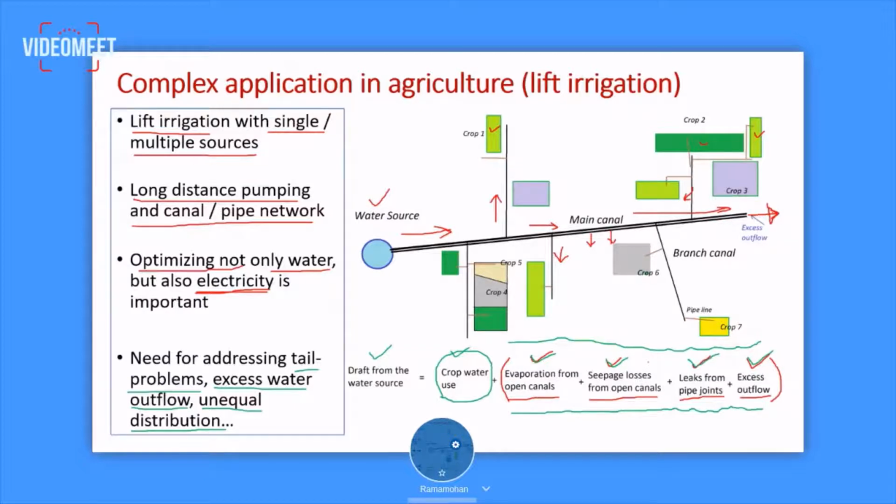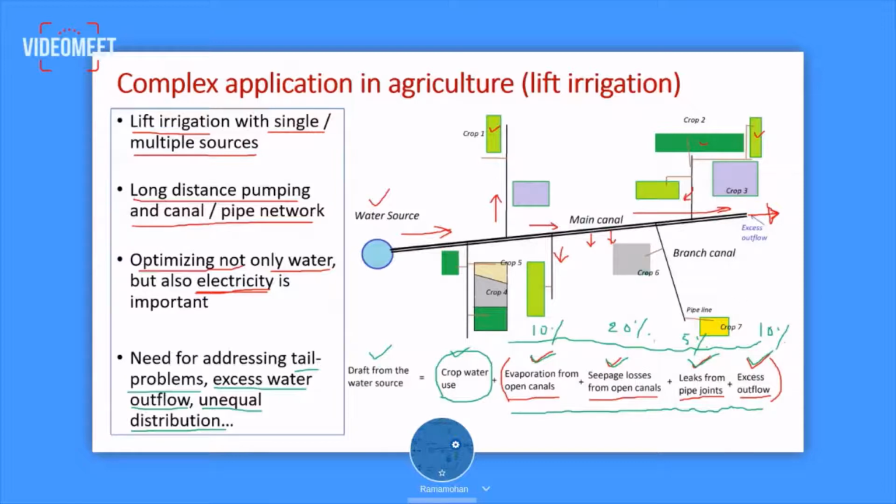See, in typical lift irrigation scenarios, you may experience a lot of seepage losses, if the canal is passing through very porous material, sandy soils, and it is not lined properly, with no cement lining or stone lining given to these main canals or branch canals. So, for example, this could be around 20% of the total loss, whereas the contribution of evaporation could be around 10%. And then if you find there is also some 10% of loss because of excess outflows, and some 5% is the contribution of loss by leakages, loose pipe joints and situations like that. So in such a situation, we can prioritize